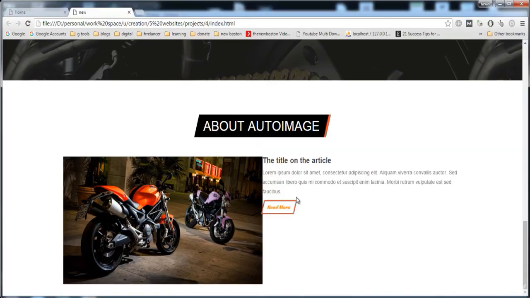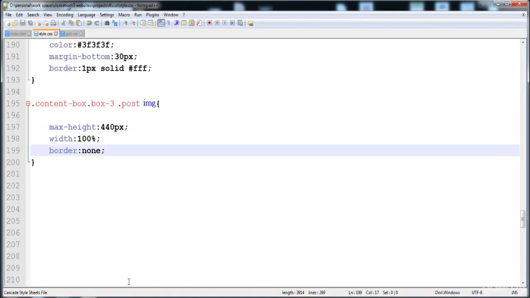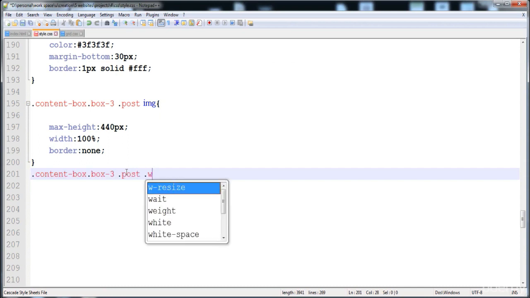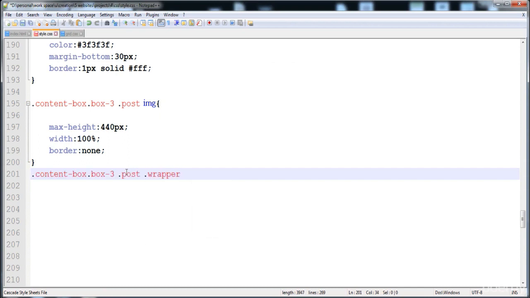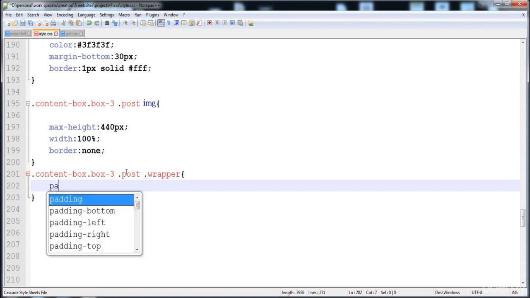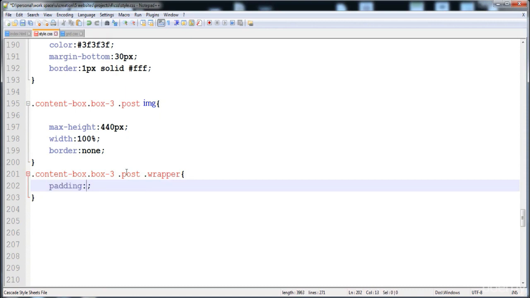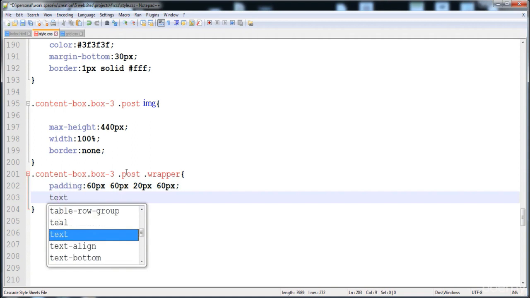What is the wrapper? Wrapper is a div that contains this text. We will give it the padding from all the sides, then it will be okay. And here is post it, and here is dot wrapper. Here is the padding 60 pixel top, 60 pixel left, and here is 20 pixel bottom, and here is 60 pixel right side, and then here is the text align to the center,